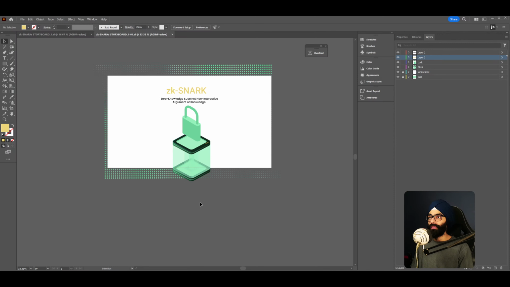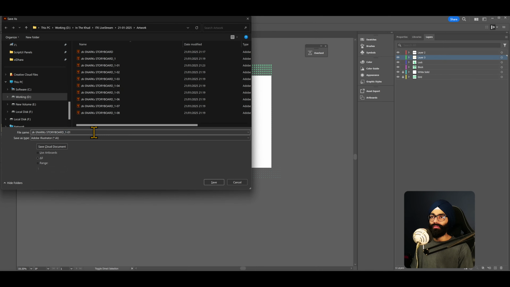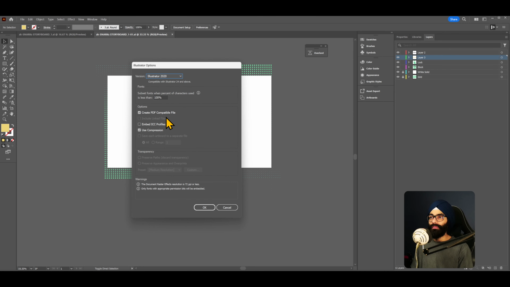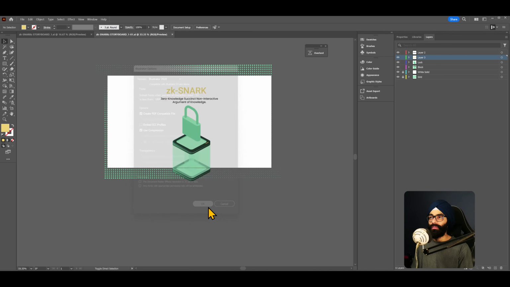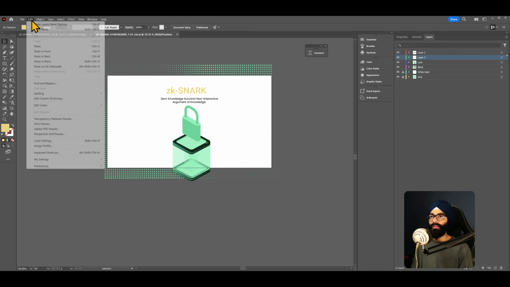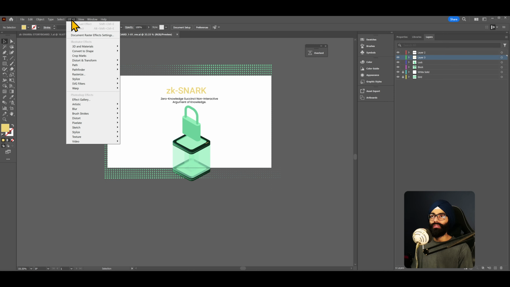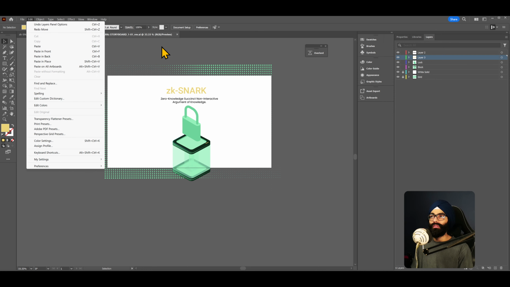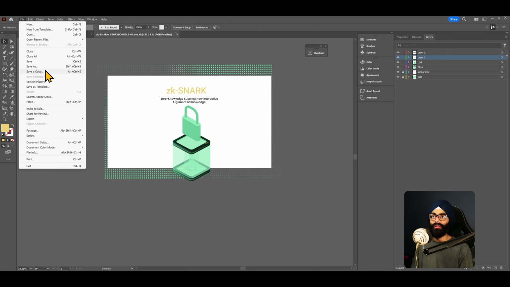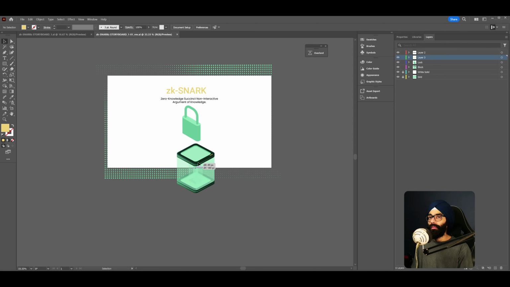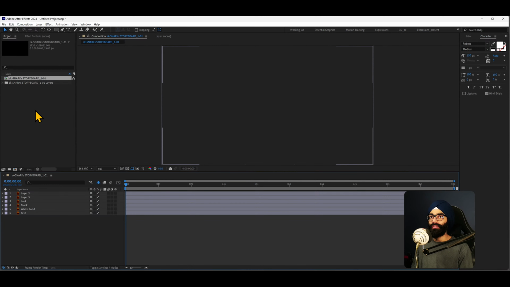This shouldn't have happened. Let me save this as 101 underscore rev. Embed ICC profiles, I've unchecked this. Okay, my image type is what? RGB, CMYK? Yeah, it is RGB. So file, document setup, document color mode is RGB. So if I say rev now